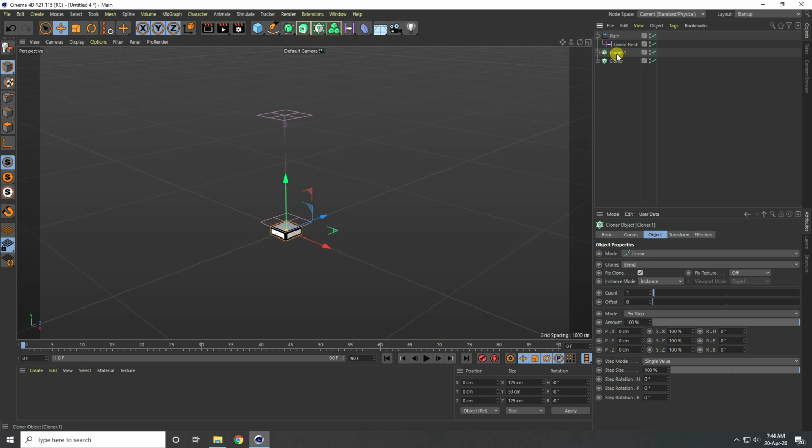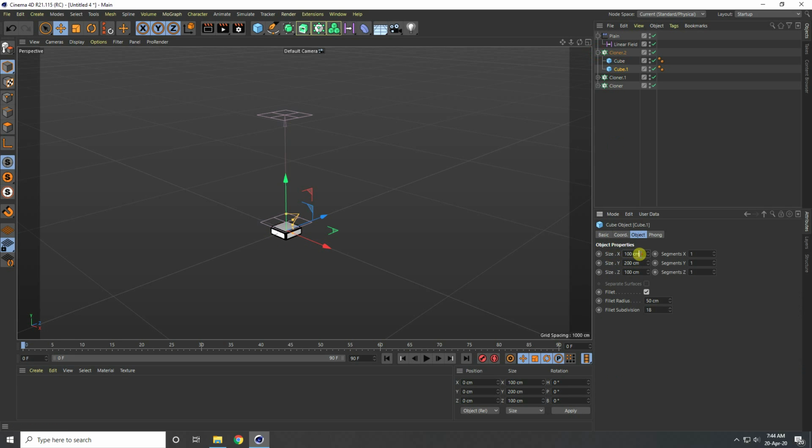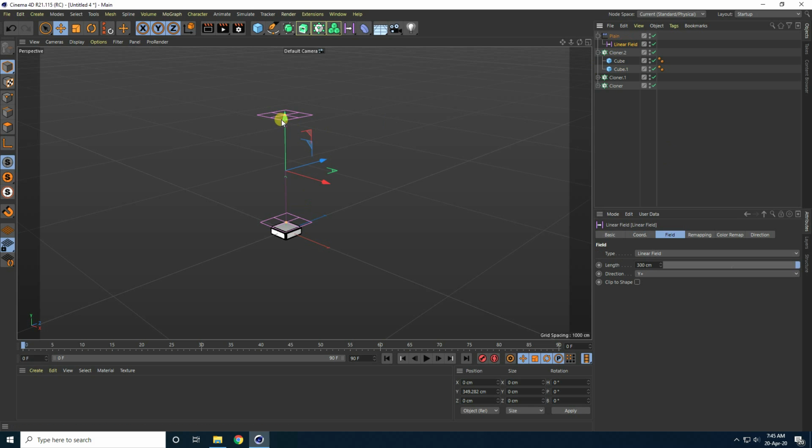So select this cloner 1 and copy, go down and unfold, select this cube 1, and this time I create a sphere. All position, actually size I take 300. Yes, and I increase radius, take like 150, and increase subdivision 25. Yes, and select this linear field. Yeah, that's really good, right? See guys, that's my third shape, and now I create one more last shape.